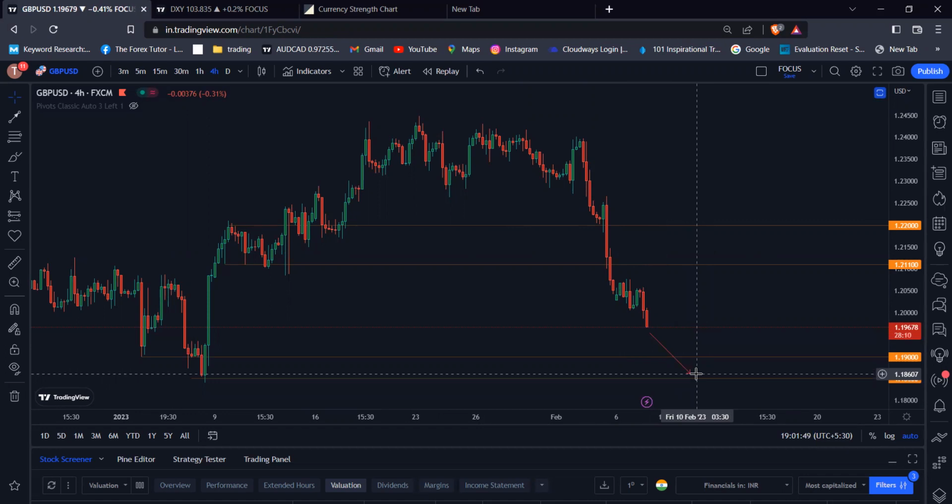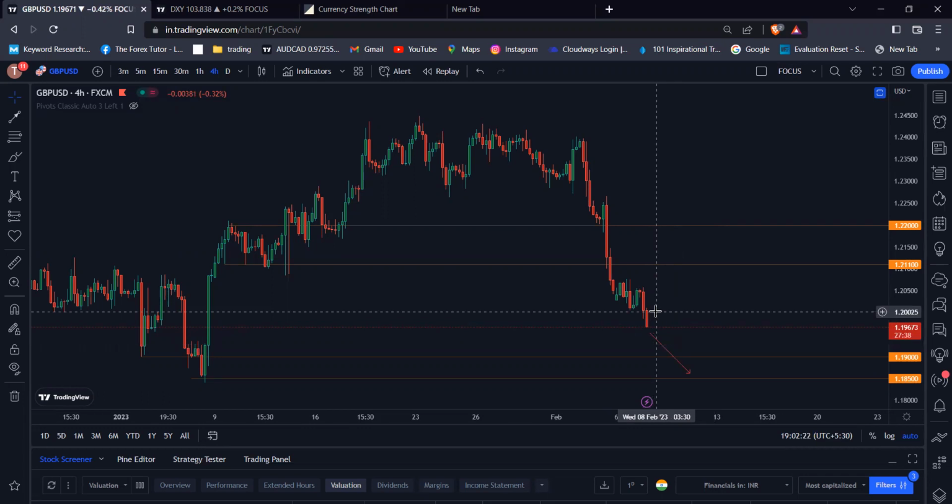So the question is, if you enter this trade right now, if you are greedy, then you can enter this trade right now and keep the stop loss around the 1.21100 psychological number, and the first take profit should be the 1.1900 psychological number, and the second take profit should be the 1.8500 psychological number. But keep in mind that any political news or any geopolitical issue can cause the